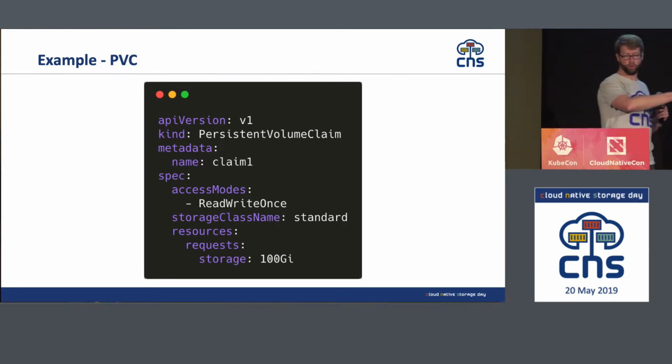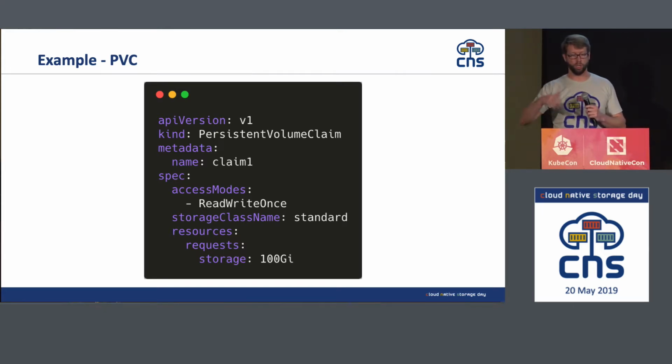So what they need to know is, how do they want to access it? Do they want to have multiple writers? Do they want to have only a single reader-writer exclusive usage of the storage? And how much storage do they want? This particular user here wants 100 gigs, so that's what they're going to get provisioned. And now notice that it's pointing to the storage class. So that blueprint that the administrator set up is what this particular user is asking for.